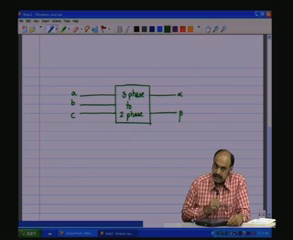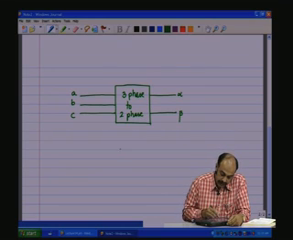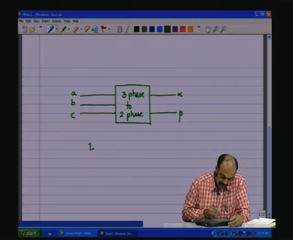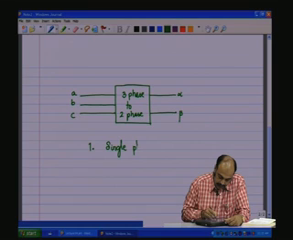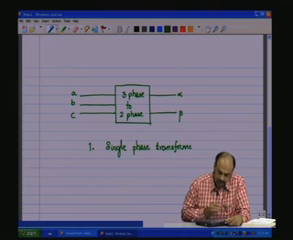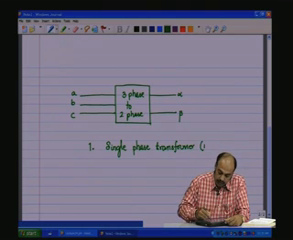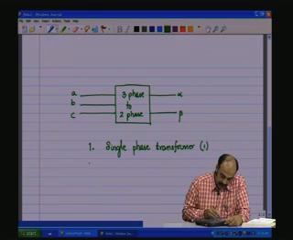Now, how does this come about? There are 2 methods. There may be more methods, but anyway I will explain to you 2 methods. One is using a single phase transformer. We will use just one single phase transformer. In the other method,